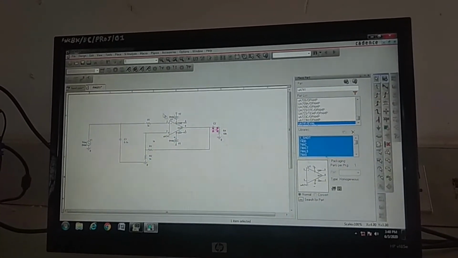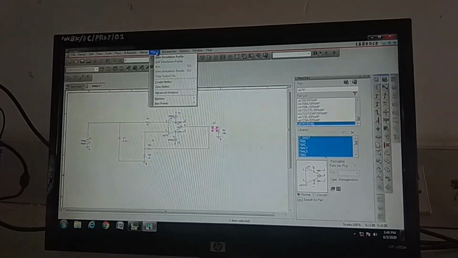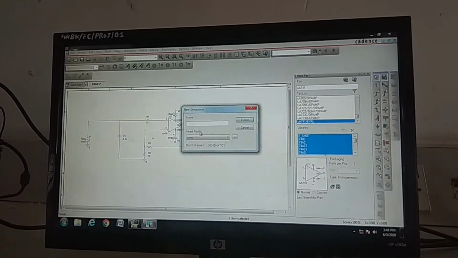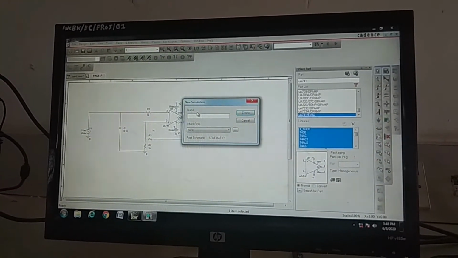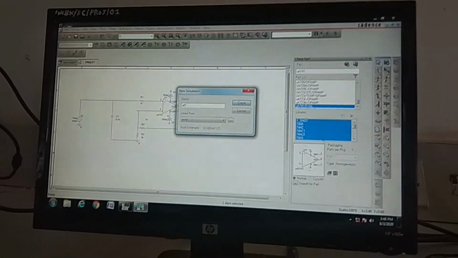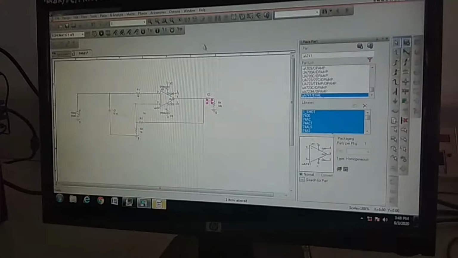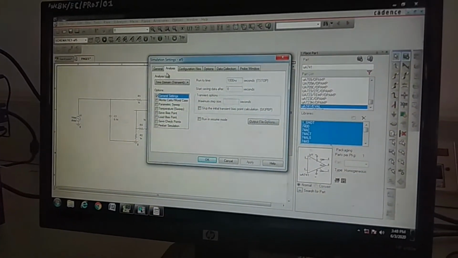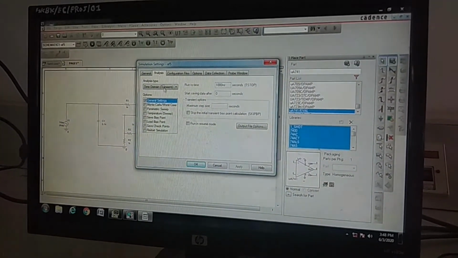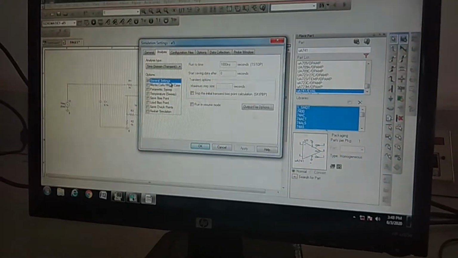After connecting the circuit, you have to go to PSpice, new simulation profile, give the name, click on create. New window will be open. In this you have to go to analysis, time domain, general setting.